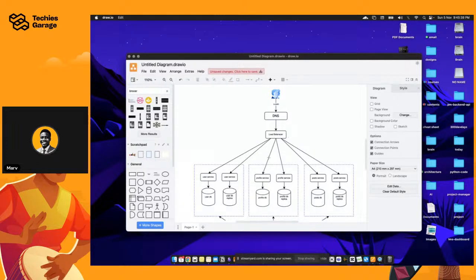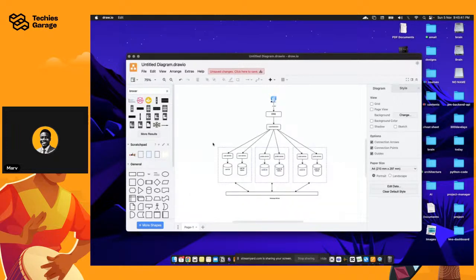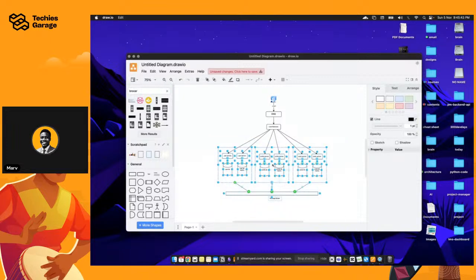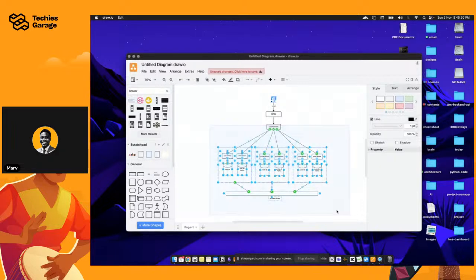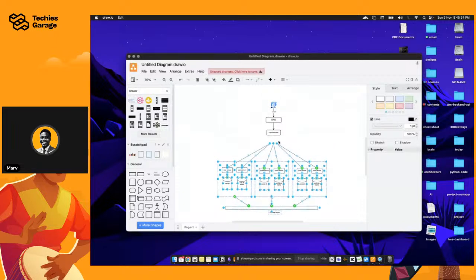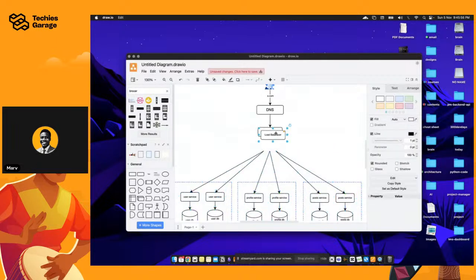So what I'm simply going to do right now is, let's move this down a bit. All right, and I'm going to move this alongside the arrow just like this. All right, so this is what I'm going to do instead. I'm going to have the load balancer right here, and I'm going to be having the front end.